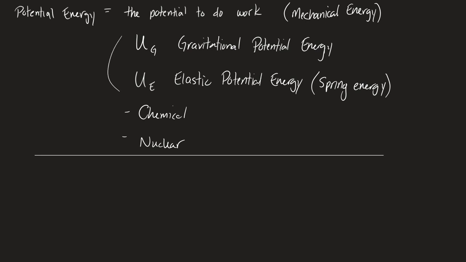These two, however, are mechanical in nature, which means they're related to movement. The word mechanical means movement. These are not. These are more thermal. The energies that are related to chemical and nuclear potential energy usually give you some kind of thermal energy. They get something warm or get something hot. That's generally how you know where you have energy when you're in chemistry, because you measure it with temperature. We've kind of already talked about that.